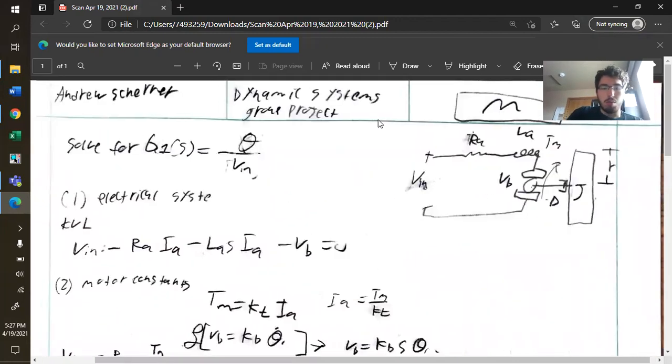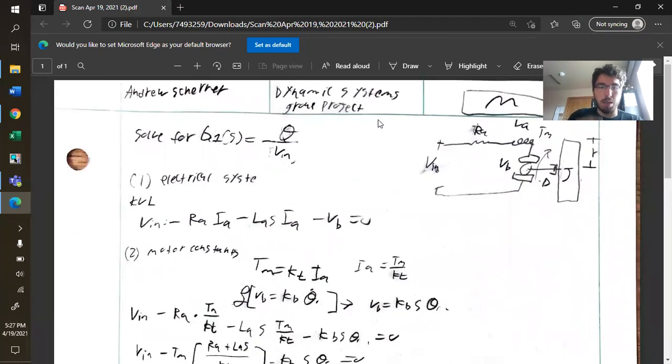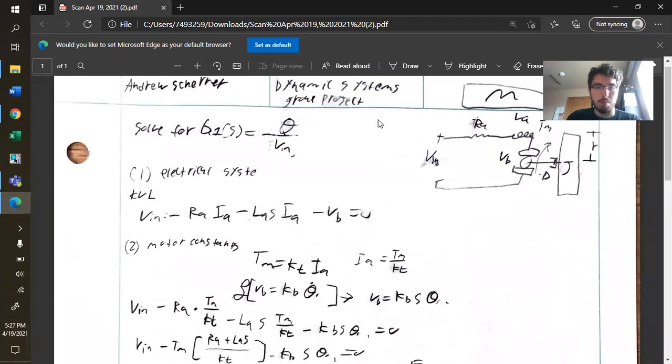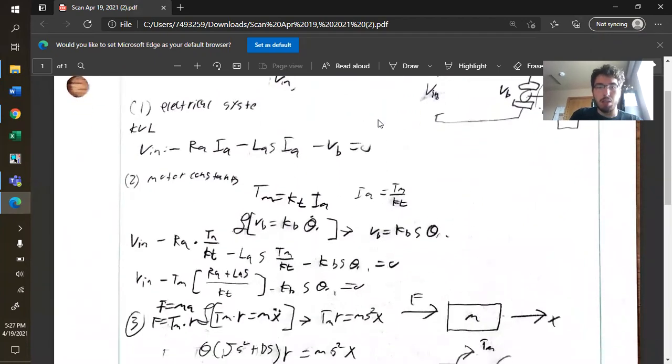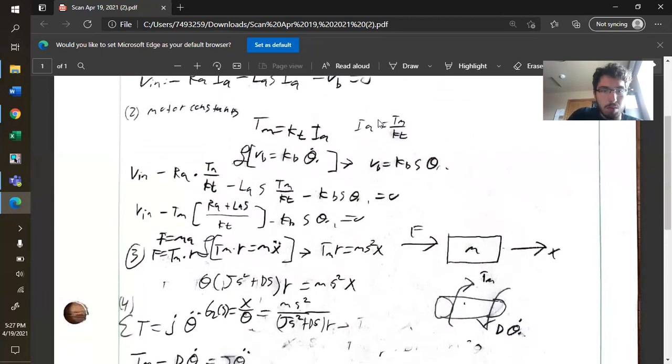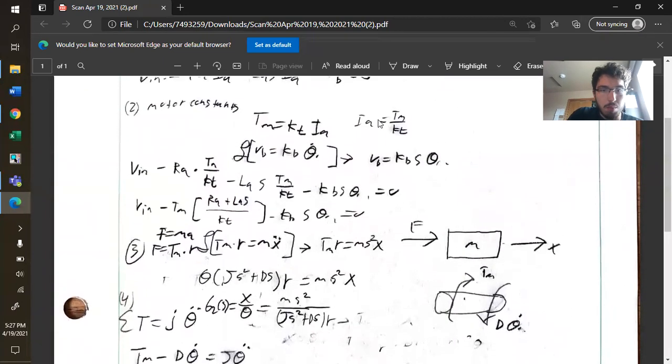So we started off calculating the electrical resistance of the system with KVL, and then we made some motor constants like the KT and KB,